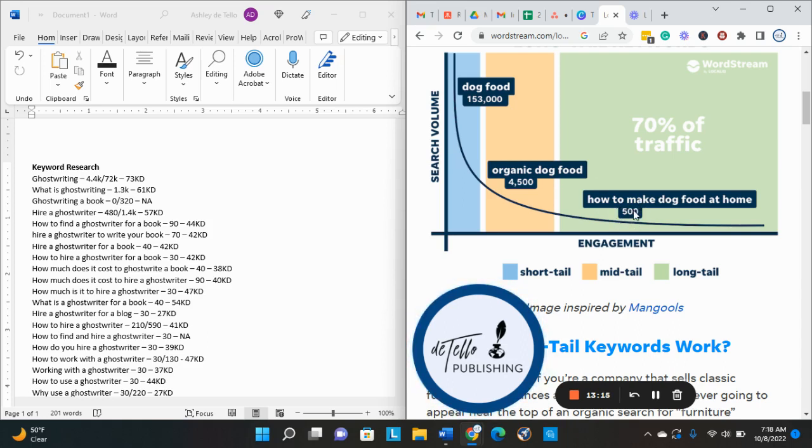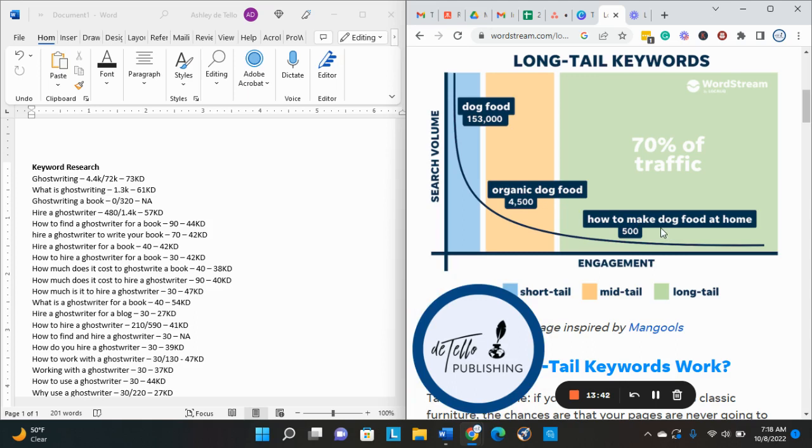Remember that search intent, versus people who are just searching for dog food. They probably want to buy dog food, right? And if you were trying to find people who want to make dog food at home, then even though it's a lower amount of traffic, you are actually getting a higher quality of reader who's coming to your website. So it seems a little counterintuitive, but you're getting less competition, so it's easier for you to show up, and you're getting exactly the kind of people who you want to be looking for you. And so if you ever hear references to long tail keywords, that's it.